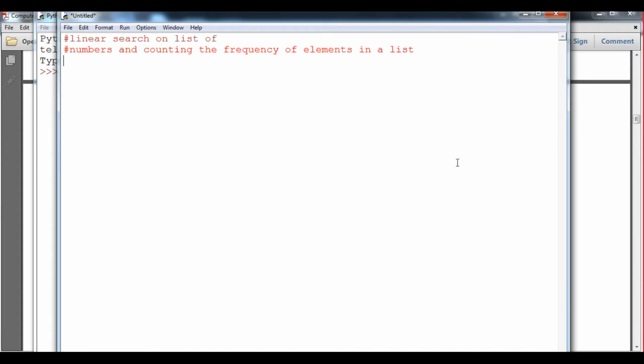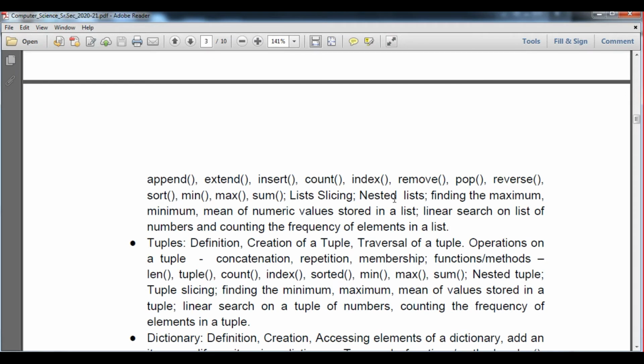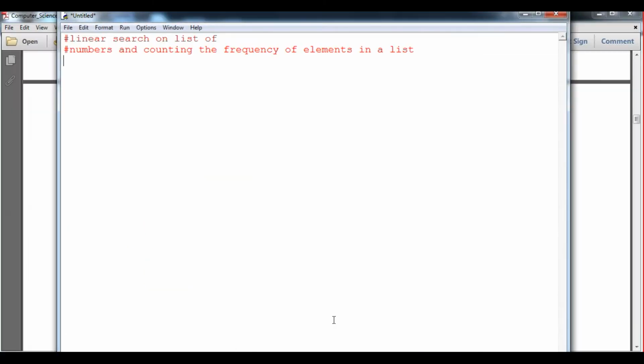In this video, students, we are going to do some search operations in the list, which is part of the list topic. We are going to understand linear search for a list, and we will count how many times the particular list is searched for the element. It means how many steps it has taken. To do that, we have to open our Python IDLE.